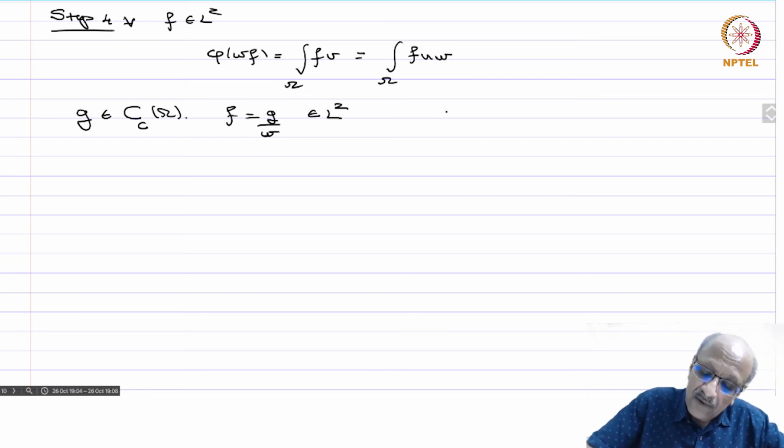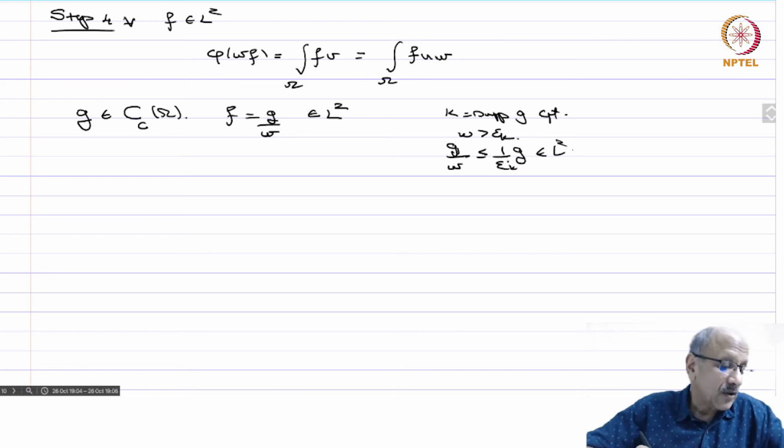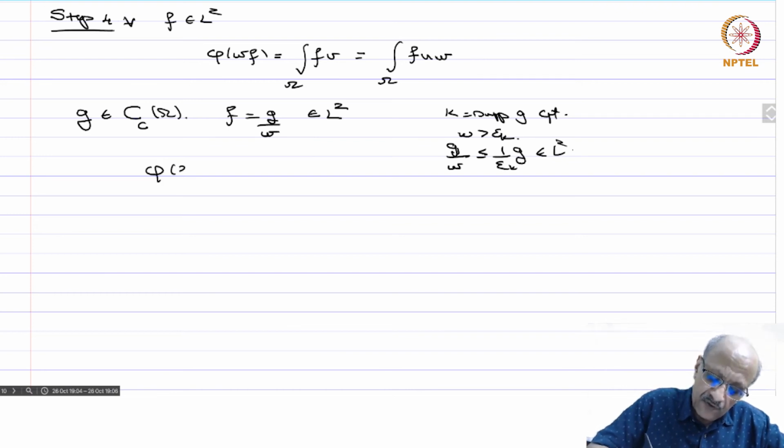So we have K equals support of g, compact, so w is strictly bigger than epsilon k, so g by w is less than or equal to 1 by epsilon k times g, and therefore this belongs to L2, and therefore g by w is also in L2. So we can substitute this in our equation, and therefore you get phi of f, phi of g, sorry,